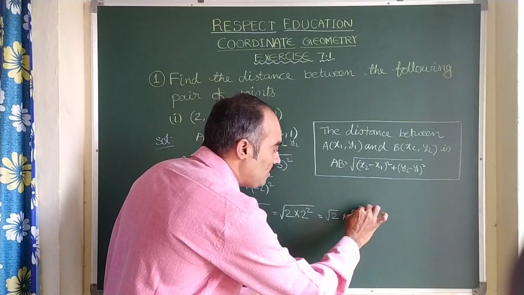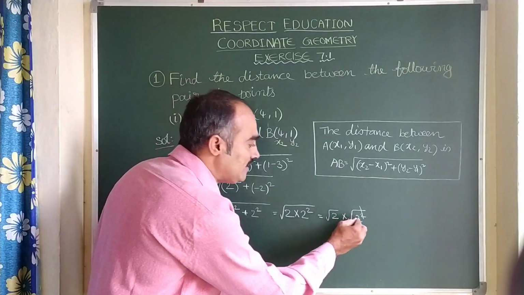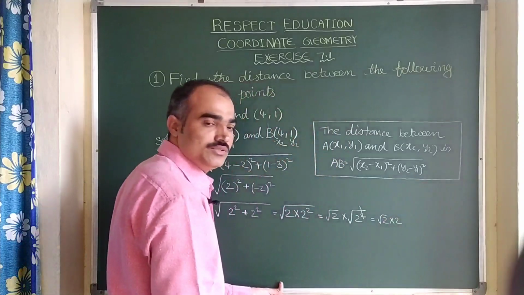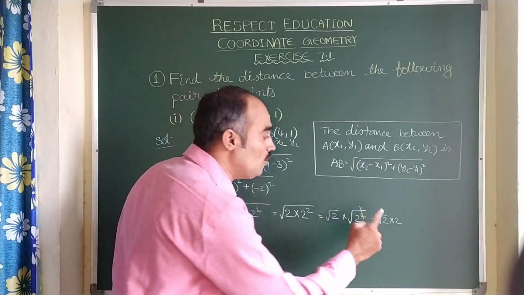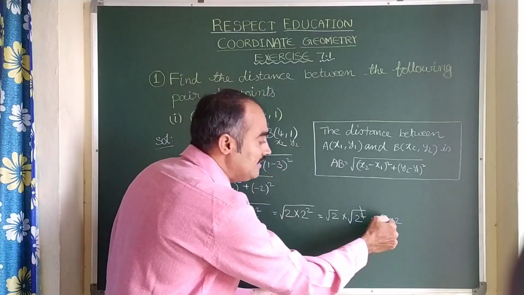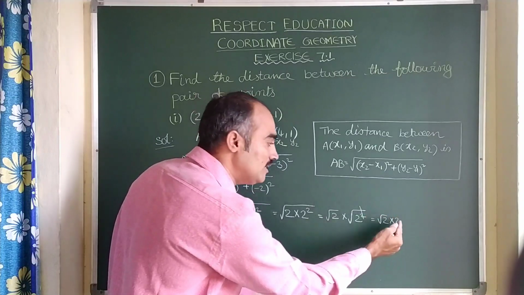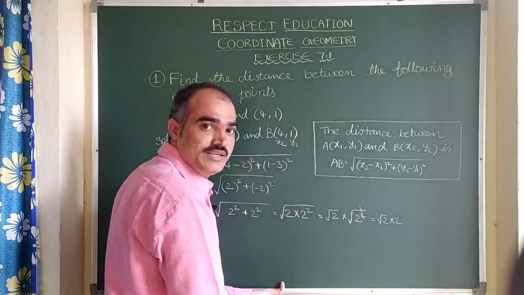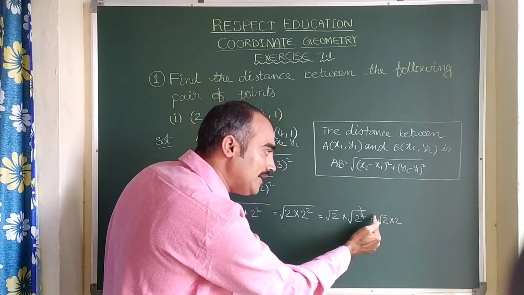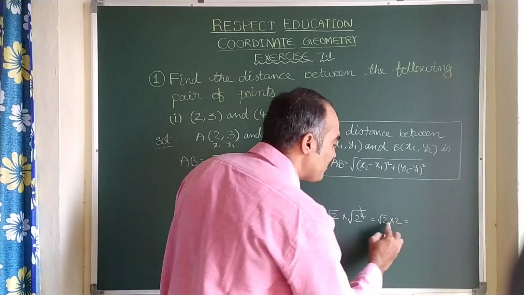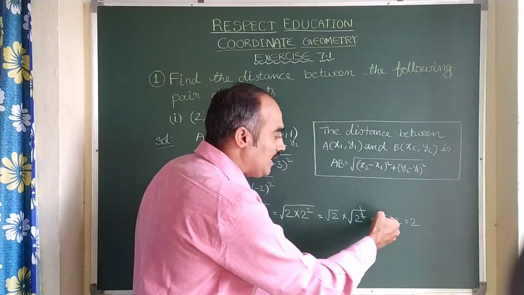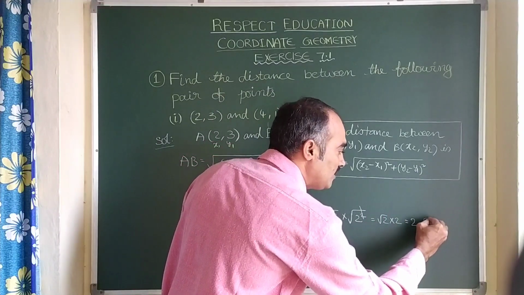Here the square root and square get cancelled. What is left? 2 is left. So root 2 into 2, which we can write as 2 root 2. But you don't multiply both of them under the root. You don't write root 2 into 2 as root 4. That is wrong. This is an irrational number and this is a rational number, so the rational number comes first. It is not root a into root b; it is root a into b, that is b times root a. Simply, the number which does not have a root you write first, and the number which has a root you write next. So it is 2 root 2.